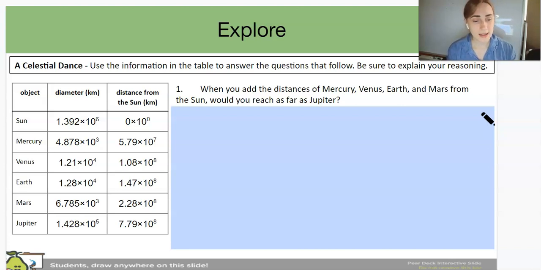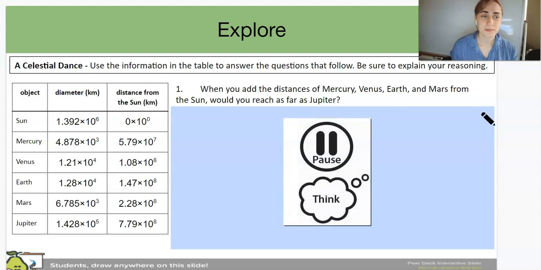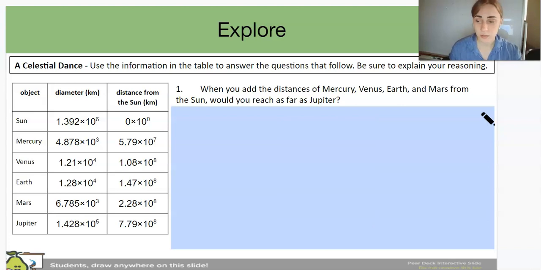When you add the distances of Mercury, Venus, Earth, and Mars from the Sun, would you reach as far as Jupiter? Pause and think about how to answer that question. And if it helps you, use friendlier numbers first to come up with a strategy, and then attack the numbers in scientific notation. All right, once you've answered that question, we'll move on to the next part of our Explore section, which is